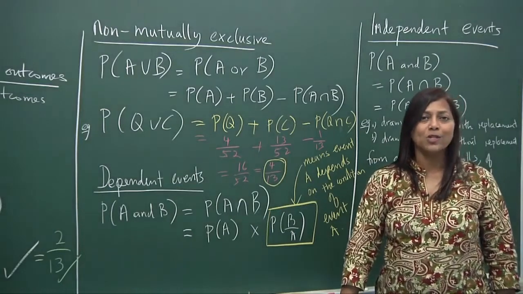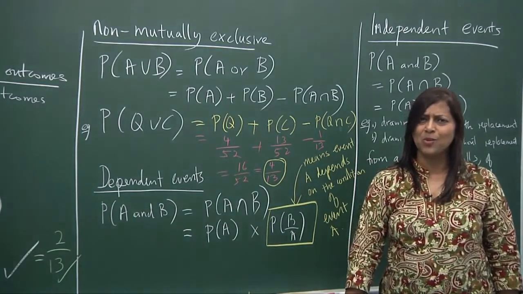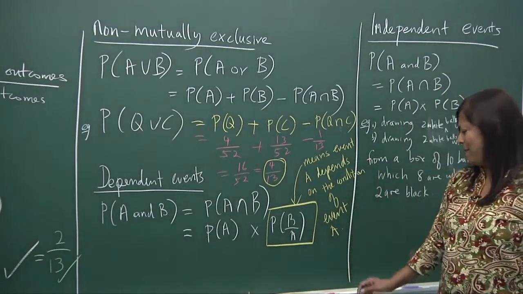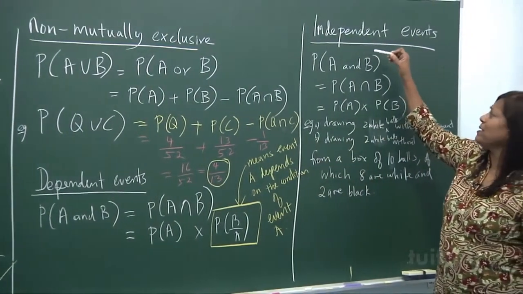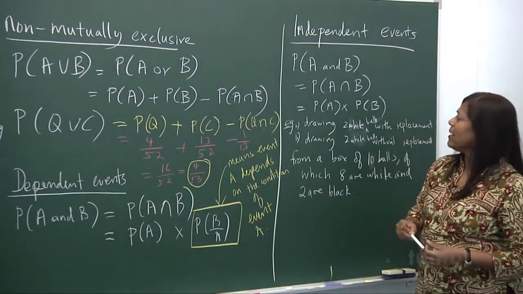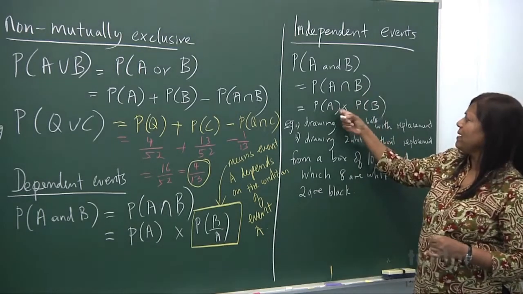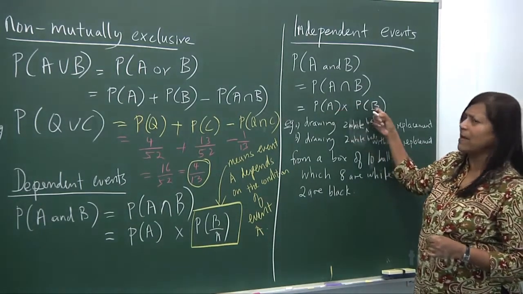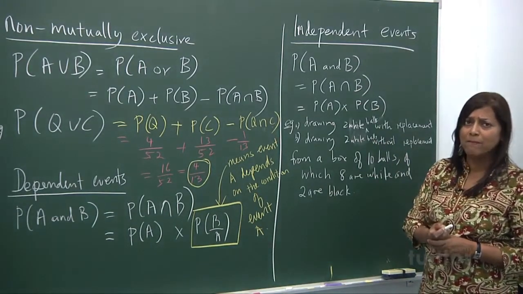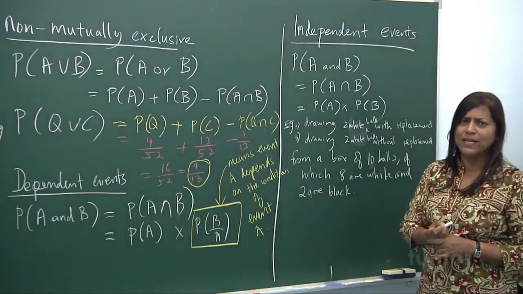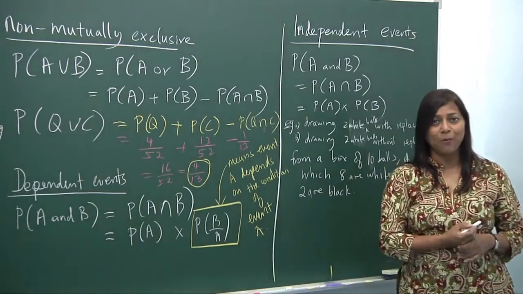Now we move on to dependent and independent events. The very name suggests to you what an independent and a dependent event is. Let's look at independent events. Probability of an A and a B, A intersect B. If it's independent, it's the probability of A times the probability of B. We will go into this with more examples. Do not get troubled about this feeling as we go on. You will find probability a very simple and manageable topic.